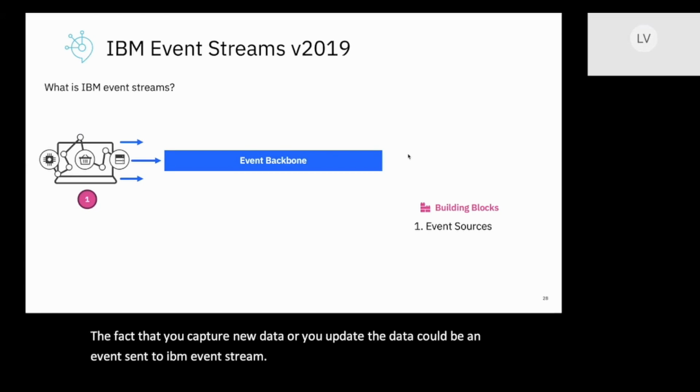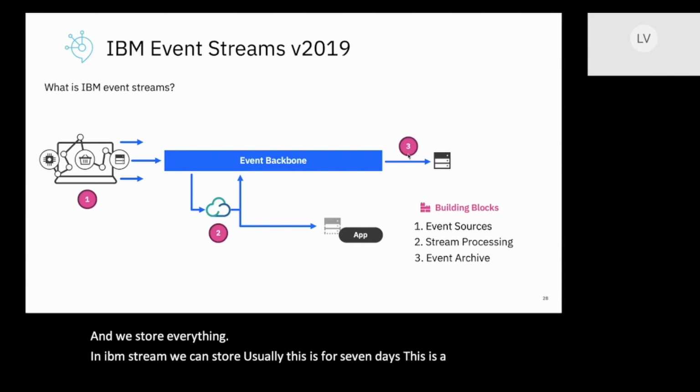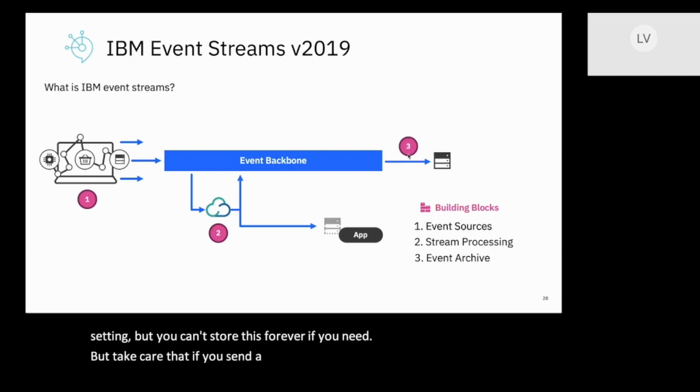With IBM Event Streams, you can also push this information to any destination. This is stream processing. You can transform this information according to the needs of the consumer. And we store everything in IBM Event Streams. Usually this is for 7 days, which is the default setting, but you can store this forever if you need. But take care that if you send a huge amount of data, you must define correctly the